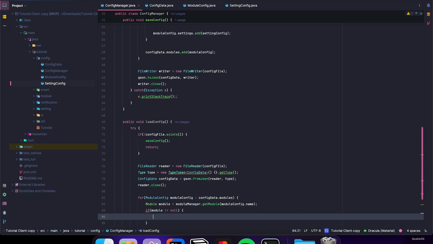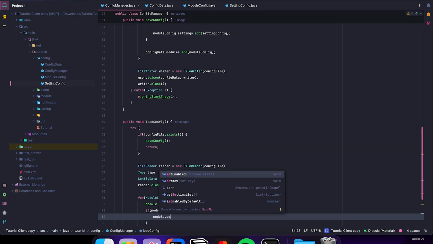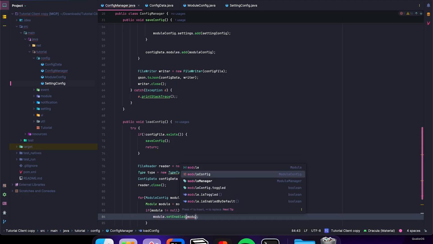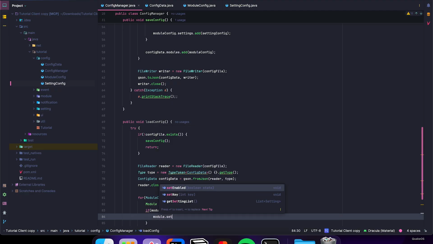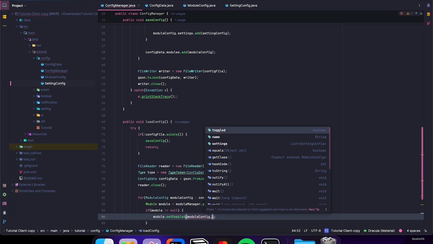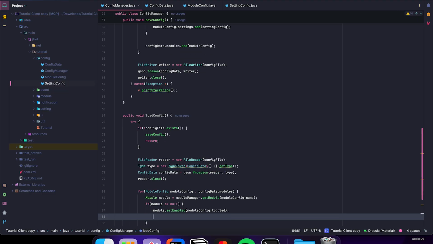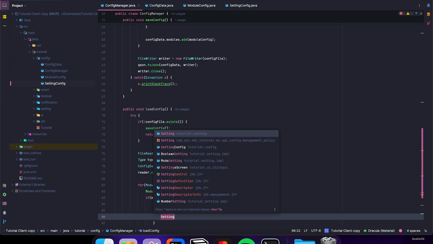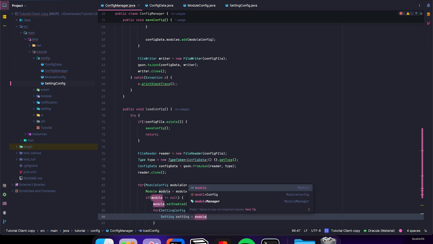If module does not equal null, module dot setEnabled moduleConfig dot toggled. And then for settingConfig out of moduleConfig dot settings, setting equals module dot getSettingsList dot stream